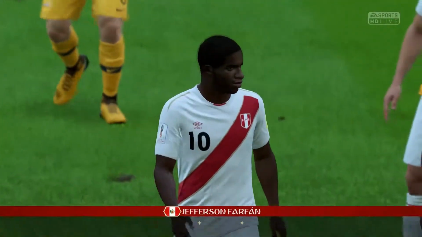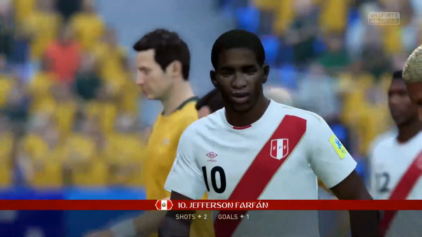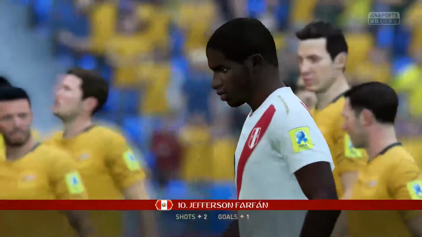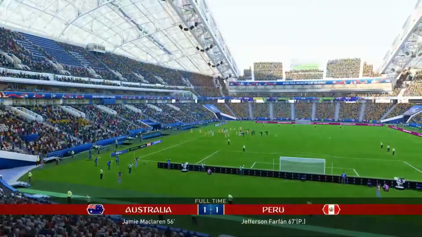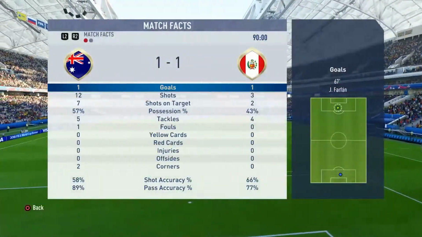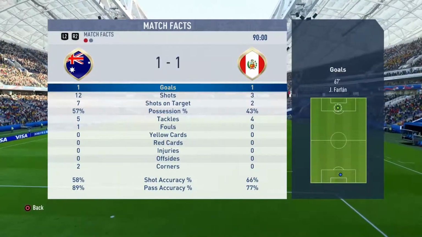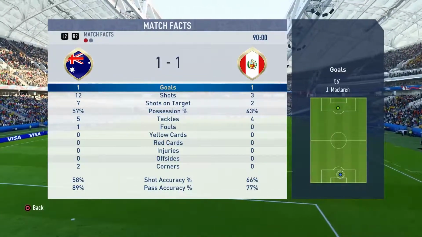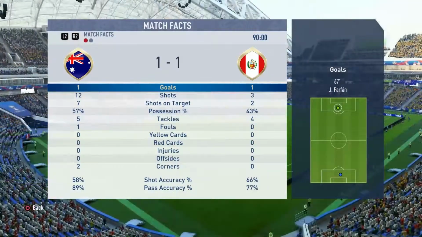Because, unfortunately, guys, we are at the 90 minutes. The referee has finally blown the whistle. And because of that penalty, it has ended up finishing Australia 1, Peru 1. Okay, guys, so on screen right now are the match facts from our final group game. So I will now throw to our resident technical analyst, Terrence from WirelessVLOGS, to give us his rundown.